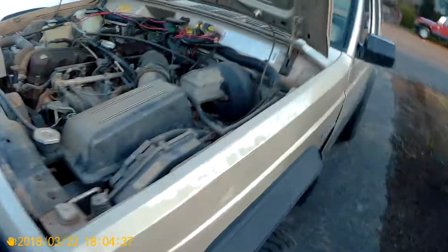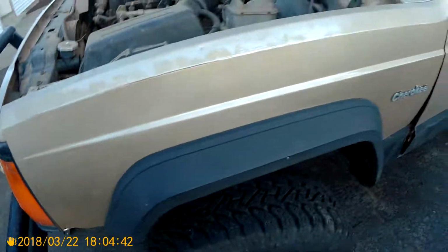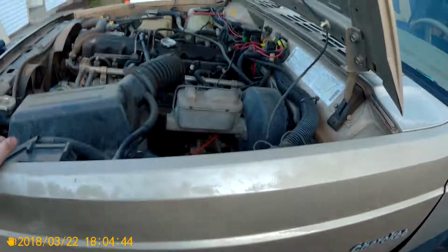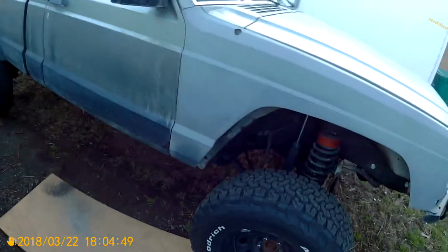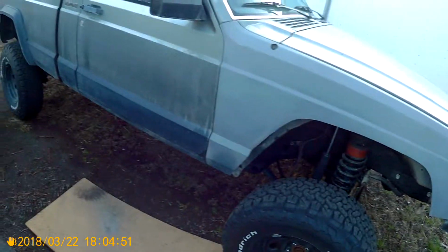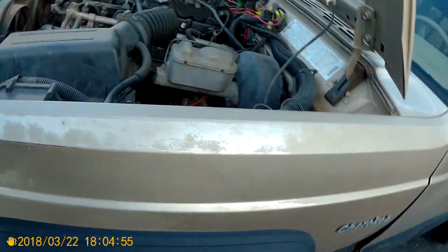Okay, YouTube, I wanted to do a video on the Gold Jeep real quick. I've been having those issues of Death Wobble with it, and now my pickup has started developing it too, but I haven't quite figured out what it is. I'm not sure what it is with the Gold Jeep either, but